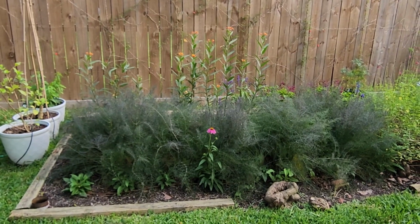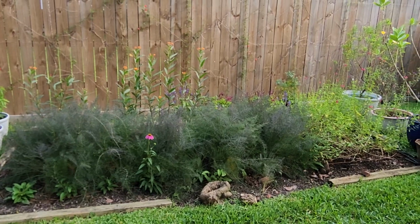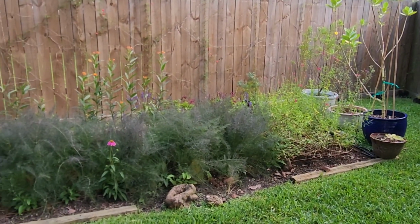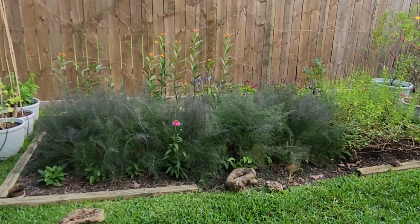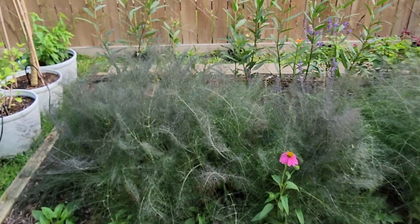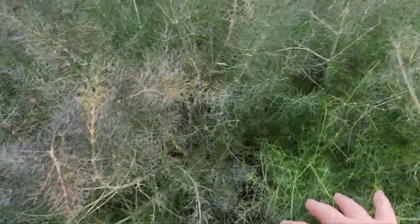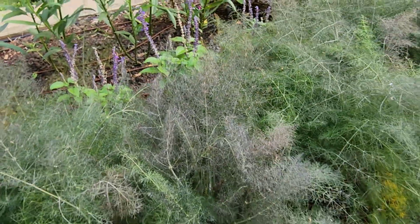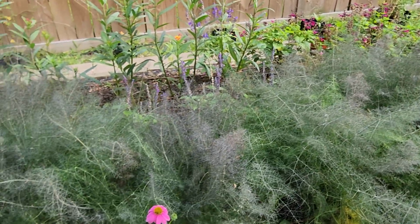And I finally made it to the north end of our backyard. And this was the very first bed that I put in. And you can see it's pretty much dominated right now by fennel. It is beautiful, thick and lush. Again, this is a host plant to the black swallowtail. And so I love this